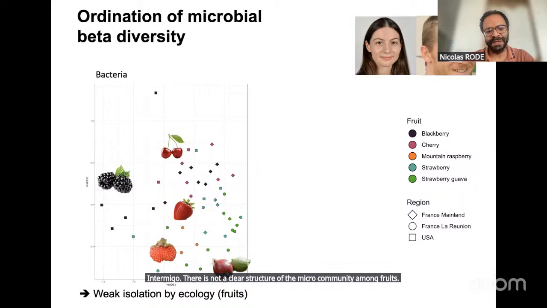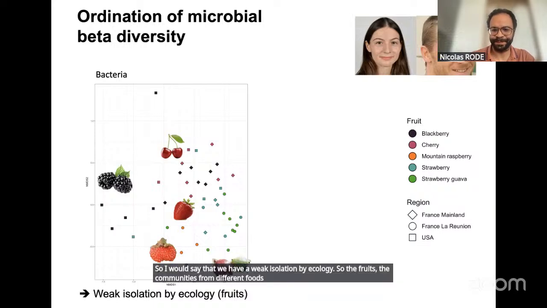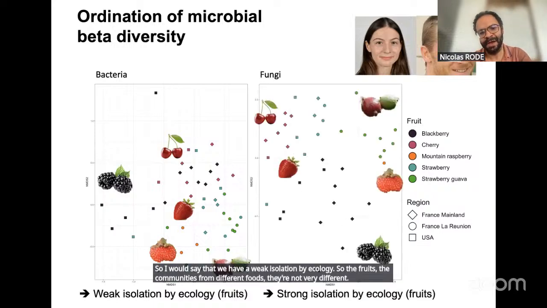So I would say that we have a weak isolation by ecology. The fruits, the communities from different trees, they're not very different. In the opposite, if we look at fungi,